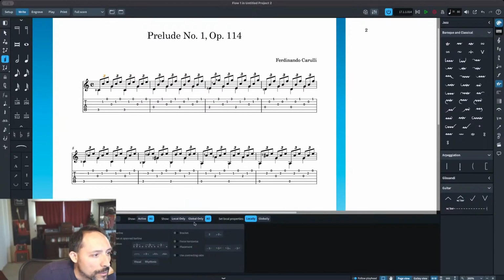Oh, okay, so I could change it to this bracket. Okay, but what if I want to hide it? Oh, I saw it hidden somewhere. Hidden. No, but